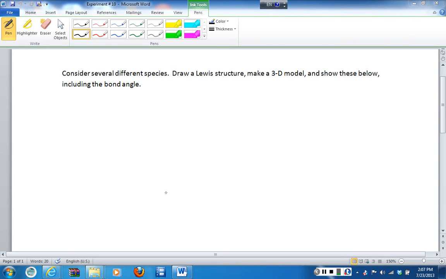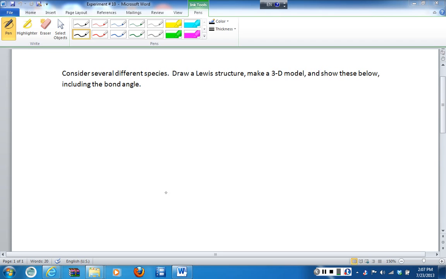So today we're doing experiment 10, and with this experiment you don't actually use any chemicals in the lab. You simply do and work on the worksheets that are in your lab manual. So what we're going to do is work through several of these examples given in the worksheets